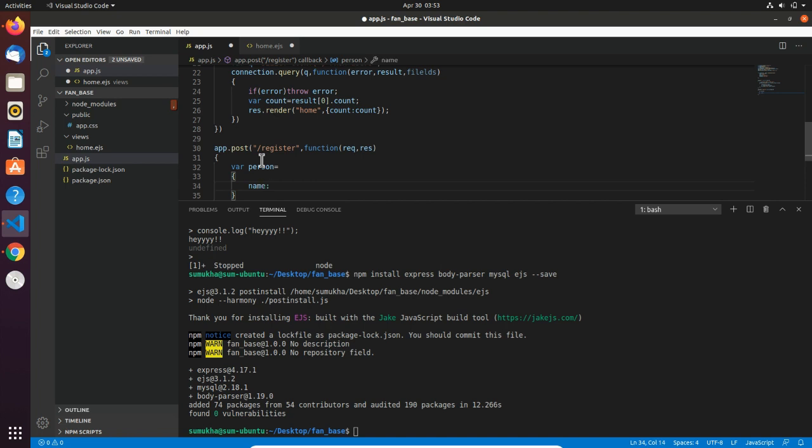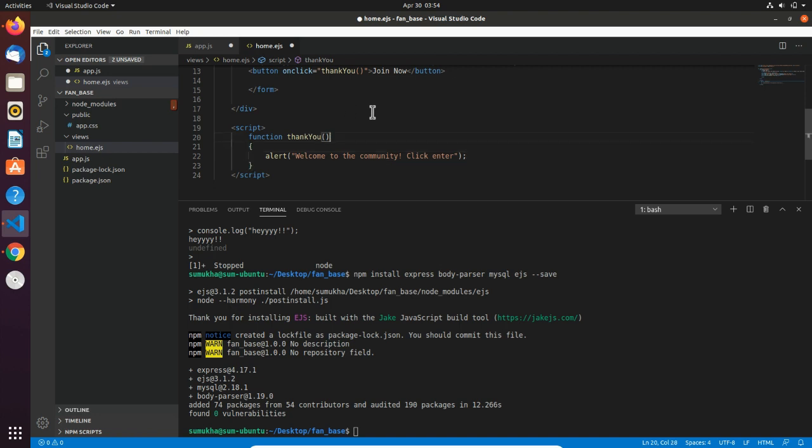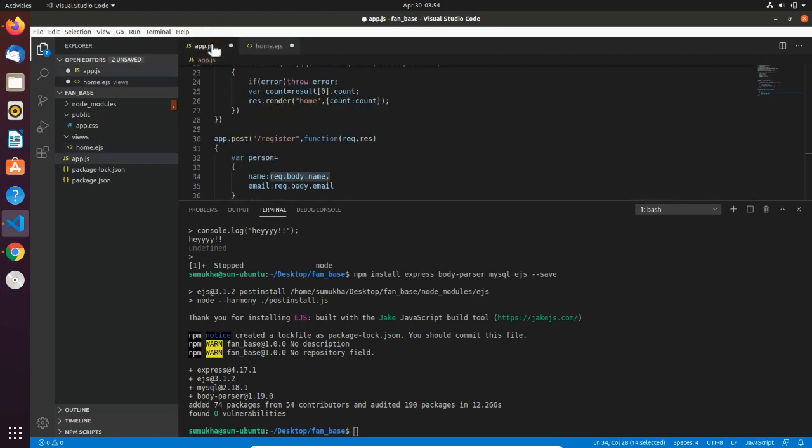Let the variable be name and the value be request.body.name. Similarly, email, request.body.email. So these are coming from the form. We are storing it in a JavaScript object.